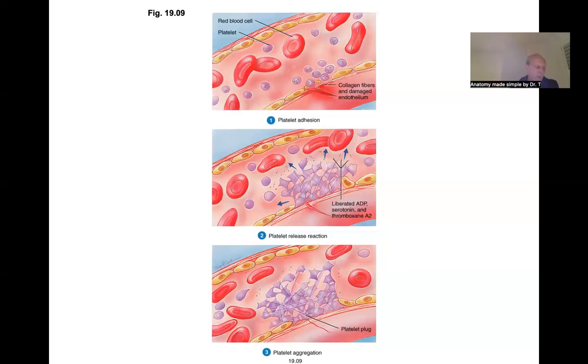Another thing that we need to add here is that thrombocytes, regardless of their minute size, have pretty potent chemicals that are stored in a variety of different vesicles. One of them is the platelet-derived growth factor, basically a hormone, that will start helping us with repair, with the proliferation of these endothelial cells when the defect is fully controlled and when it's time to go through full repair. Also, they have some adenosine diphosphate, adenosine triphosphate, serotonin, thromboxane A2, all contributing to additional stickiness of